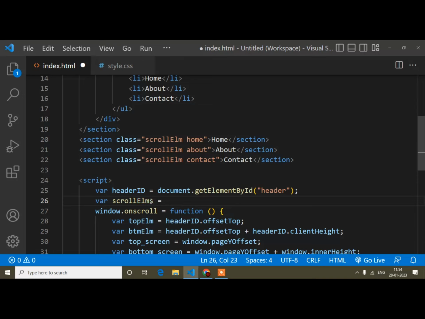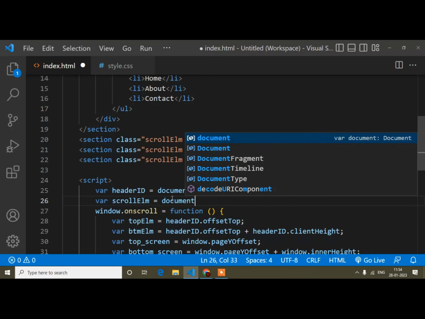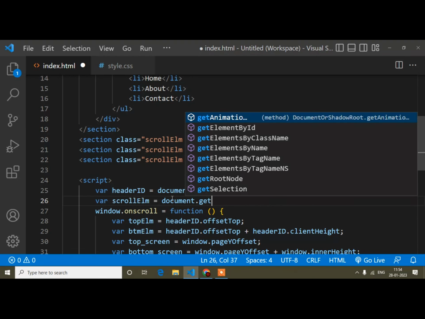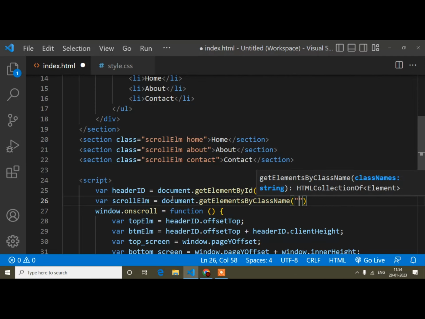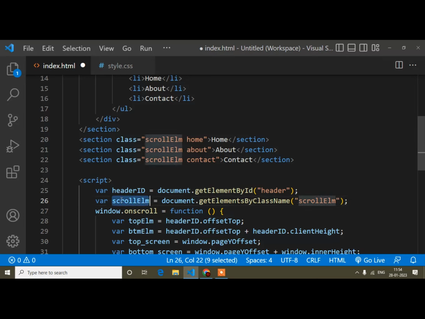It is totally up to you. Here I will write document dot get element by class name, because this is a class, and I assign it. So now this is the scroll elements reference.